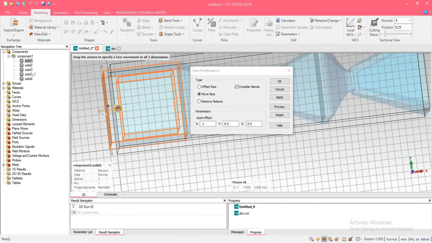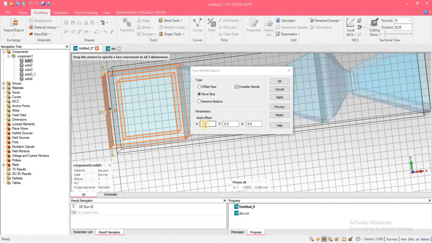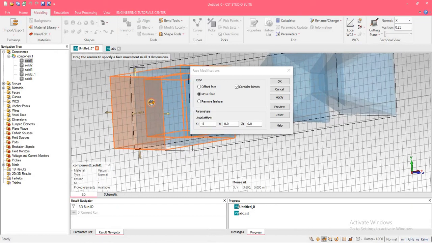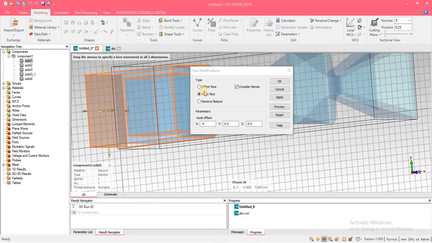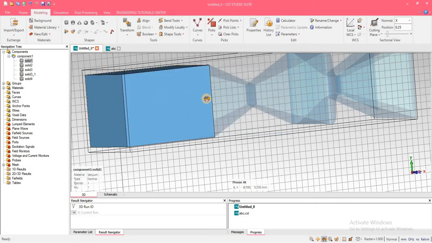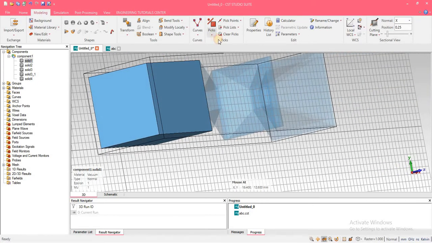I can preview this. The face has been moved. Here you can see that from the face the object has been moved. Press OK, and you can see that the object has been redefined.